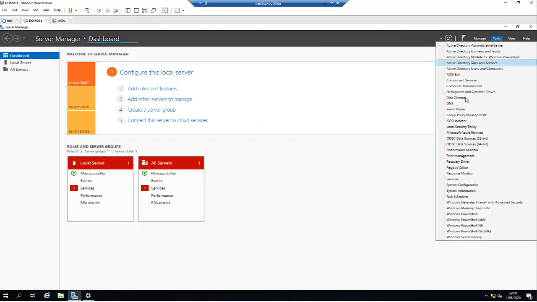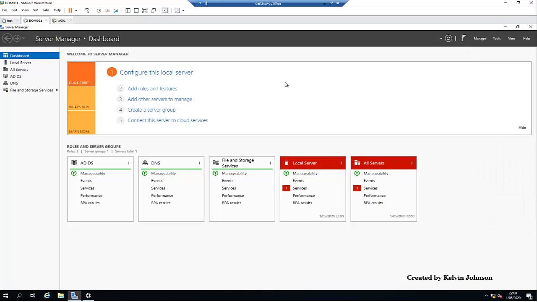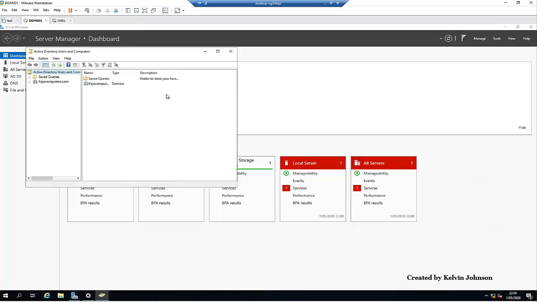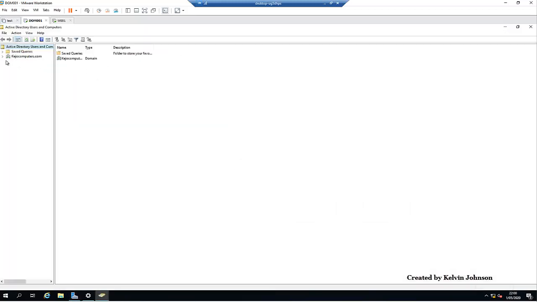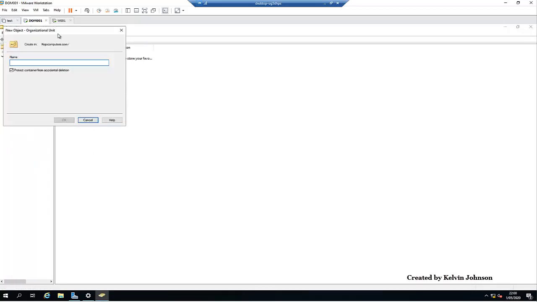Okay, go to tools, and here we have Active Directory Users and Computers, and we have the DNS. So first of all, let's go to Active Directory Users and Computers, because right now we see we have the Kjo computer. So I'm going to create a different organization unit, so let me go to organization unit,